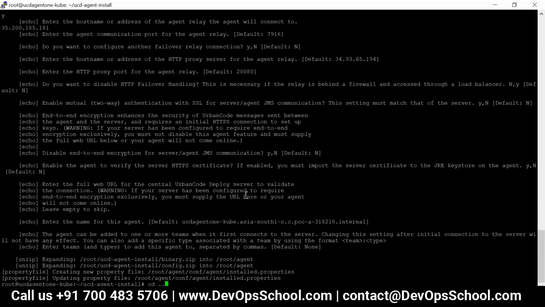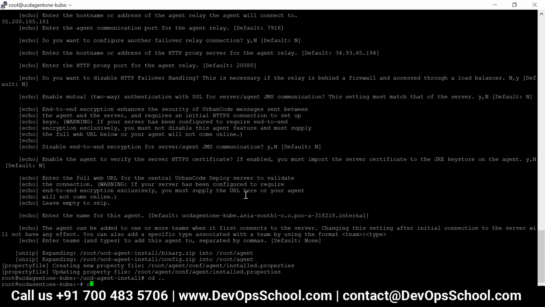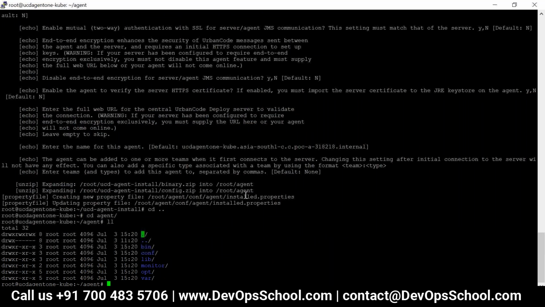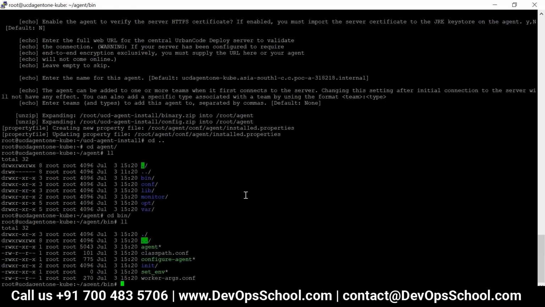So in a real scenario, like an enterprise, how many relays can we configure? See, per environment, 2 relays will be there for high availability. That is recommended for high availability, because one environment will have 10,000 servers. So that is the thing.